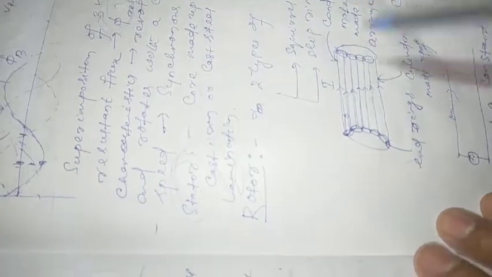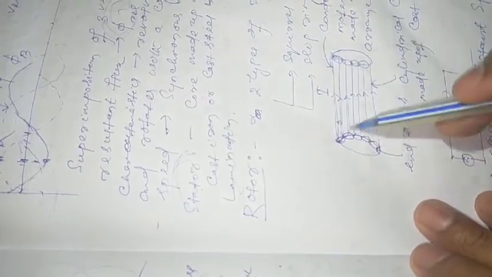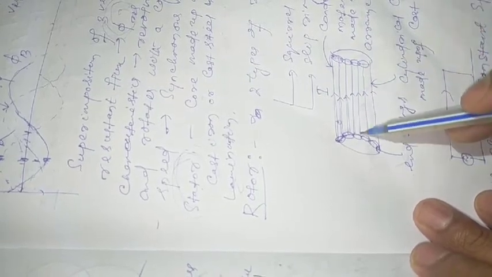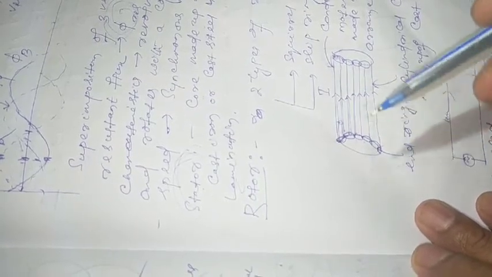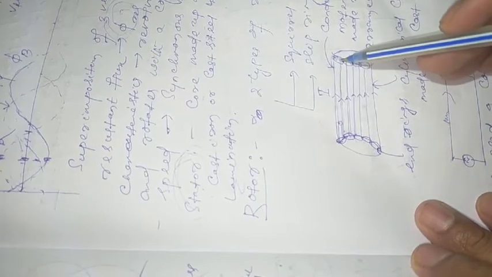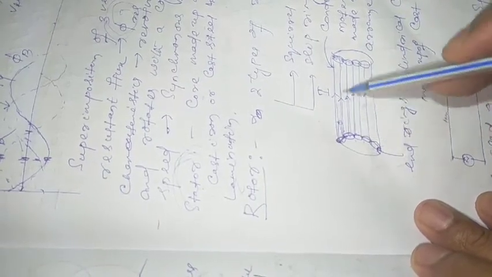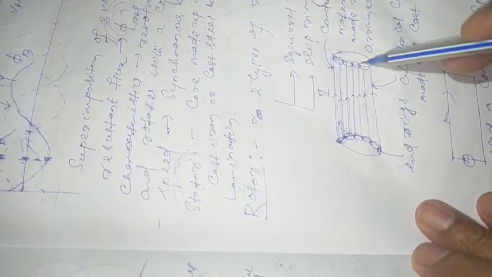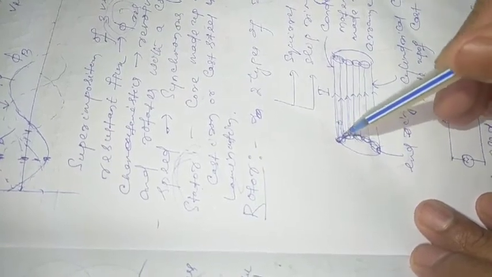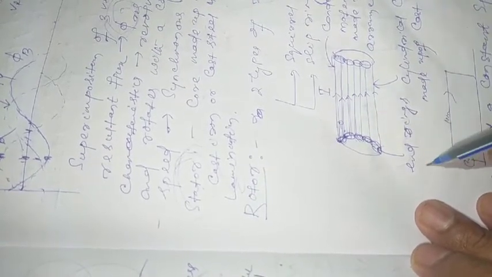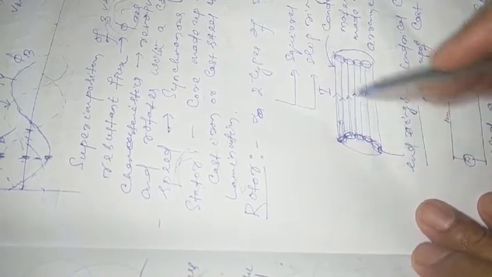In one kind of structure, the structure will be like a squirrel cage, a cylindrical cage-like structure. At the outer periphery there will be the rotor slots. In those rotor slots we put copper or aluminum bars, because the conductor is made of copper or aluminum. Then at the end of the bars, because the structure must be a squirrel cage, you will have the end rings. End rings are there to short circuit the winding.